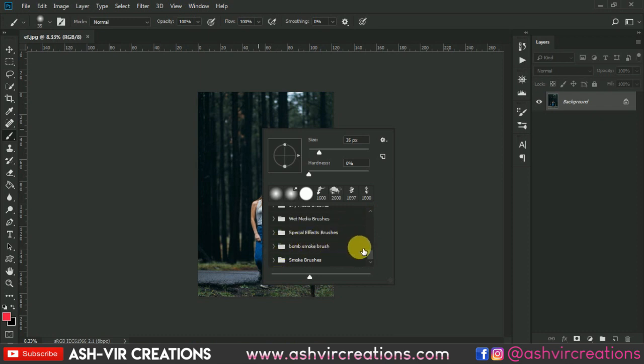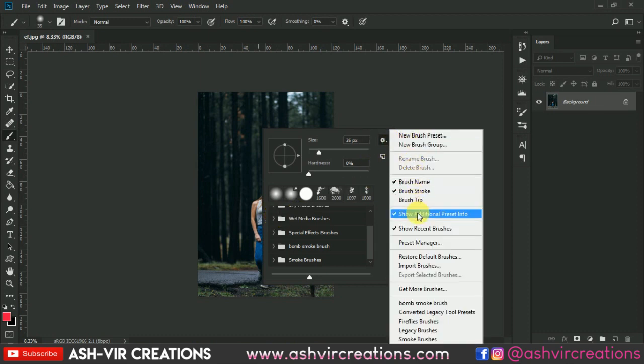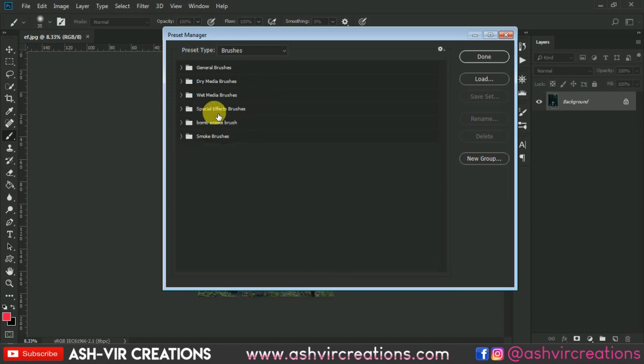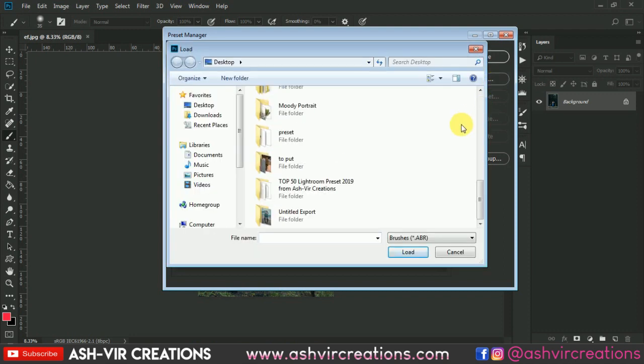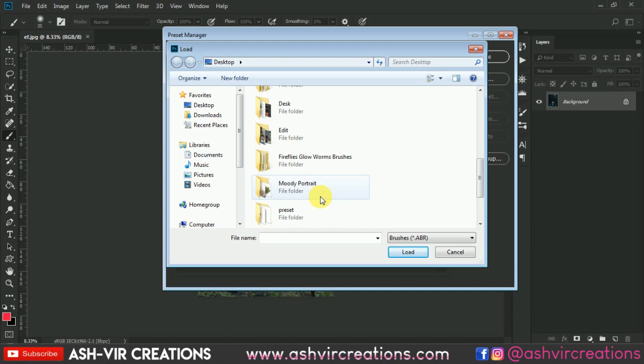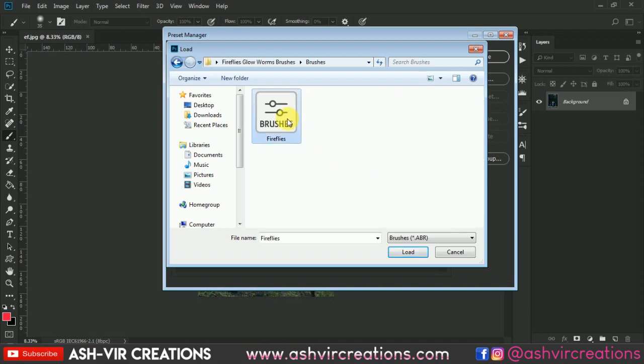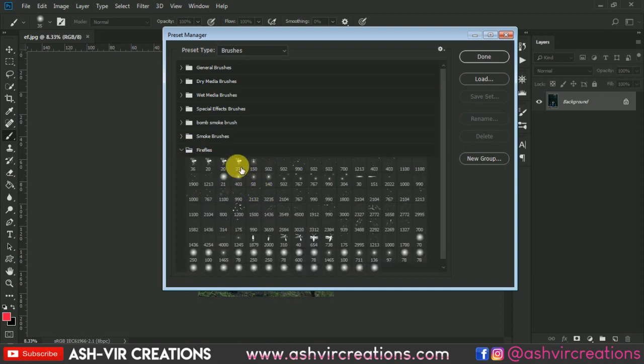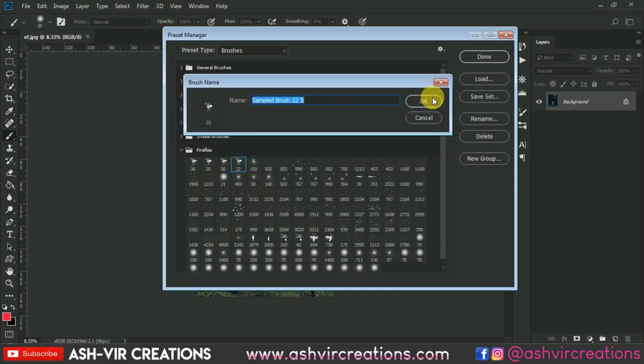Here you can see there will be a folder named smoke brush, Fireflies. If it is not found here, you can go to the settings, then go to the Preset Manager. If it's not found here, then all you have to do is load it and select that folder. Let's say this. Now just click on this folder and the file will automatically come here. So just select one of these